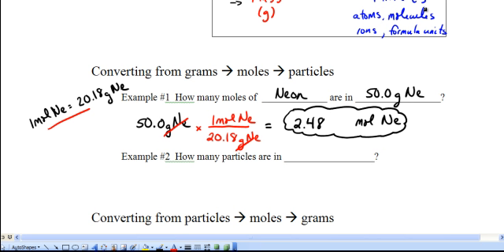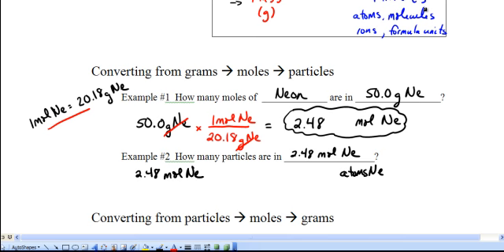Now to follow that up, we could say, how many particles are in 2.48 moles of neon? Well, in order to perform that calculation, again, write down what you're starting with, 2.48. Now I'm going to write this up towards the top of my blank because I'm going to use the bottom part of the blank for something else. So I have my 2.48 moles of neon, and I want to get to particles, which in this case is going to be atoms